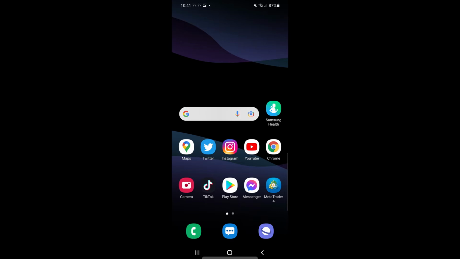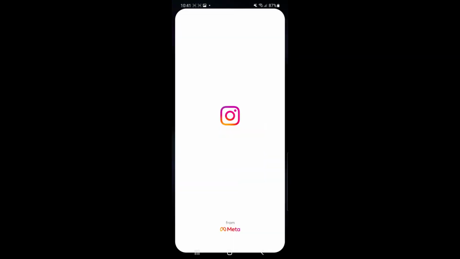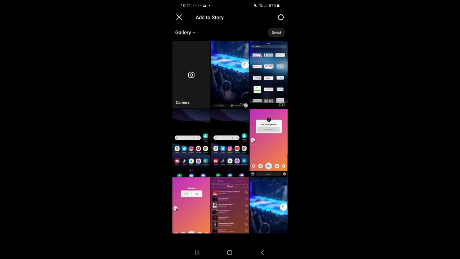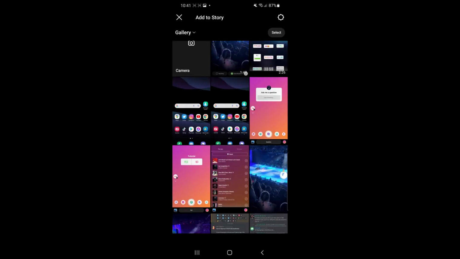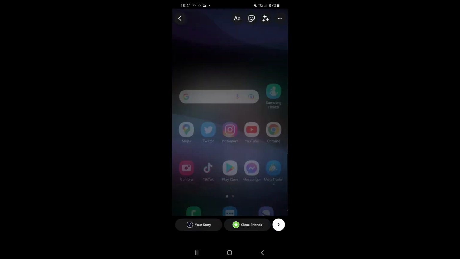So the first thing you will need to do is head over to your Instagram. Once you've opened up Instagram, you will now need to create a story. So for example, if I just click on one of these here, I will just click on this screenshot for example,